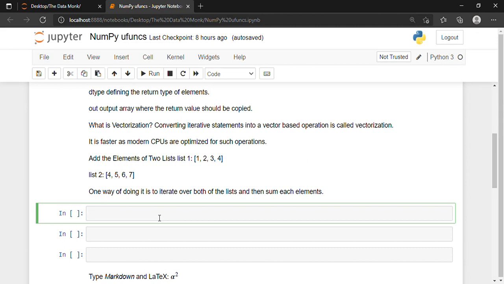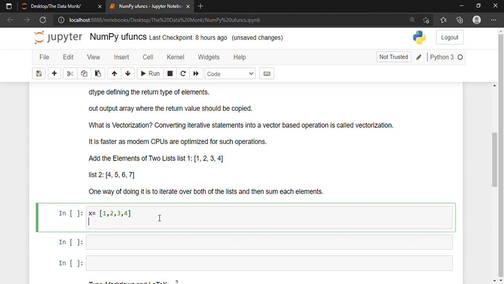Suppose I'm going the traditional way and I'm creating a list. So x contains 1, 2, 3 and 4. In the y variable I'm storing my other list, which is 4, 5, 6 and 7.